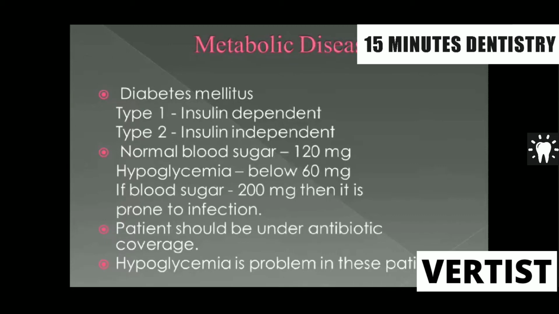If the patient has had a sufficient meal, the blood sugar level may go up to 160 also. Whenever the blood sugar level goes below 60 milligram, it is called hypoglycemia. As the sugar level decreases, the risk increases. That is the reason hypoglycemia is more dangerous than hyperglycemia when managing a diabetic patient, because hyperglycemia has to persist for a period of one week before the patient can develop other problems. Hypoglycemia is a very serious situation that one has to remember when managing a diabetic patient.